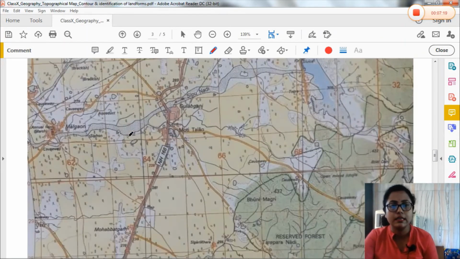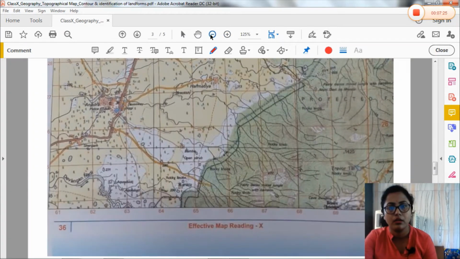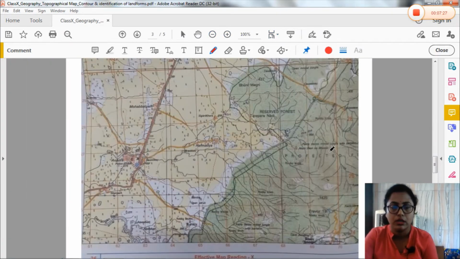Now just see in this image, you can observe here the green wash. Can you observe this? I am just minimizing it. Just see this is the green wash, and here you can find the contour lines, these brown color lines are closely spaced, very much closely spaced, and many small streams have formed in these areas. So this part is under the steep type of topography, highland topography.